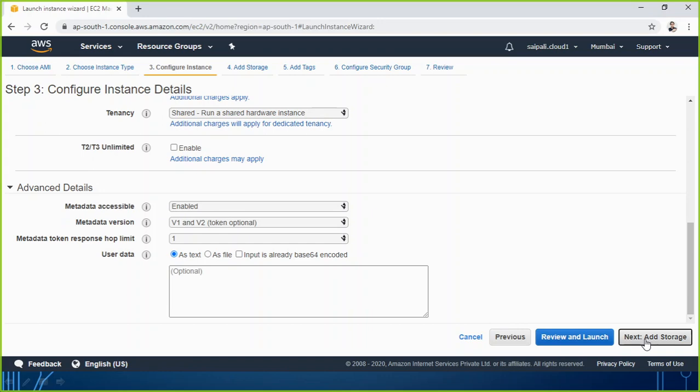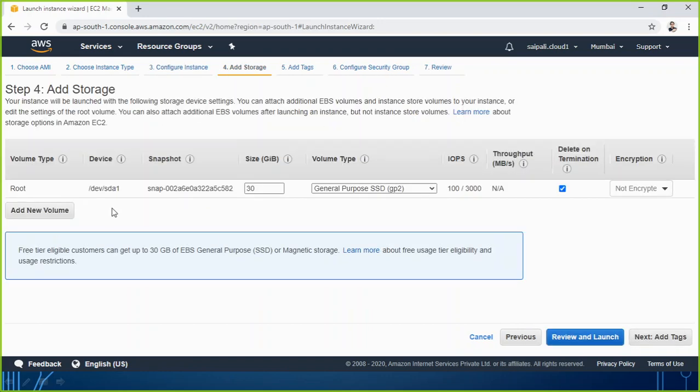I click on add storage now. So you see by default one EBS volume is already going to be created when you are making a new EC2 instance. And the size will be 30 GB if you are using a Windows instance. If you are using a Linux instance, it will be 8 GB. And here is the volume type. The ones we discussed in our PPT, that there are volume types GP2, IO1, IO2, standard, but the others are not showing here.